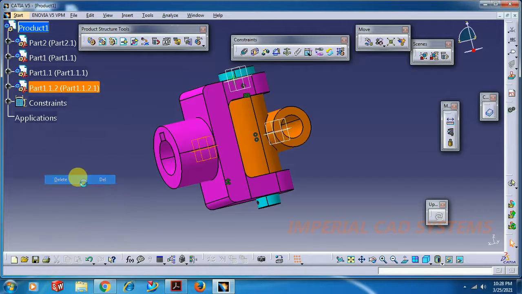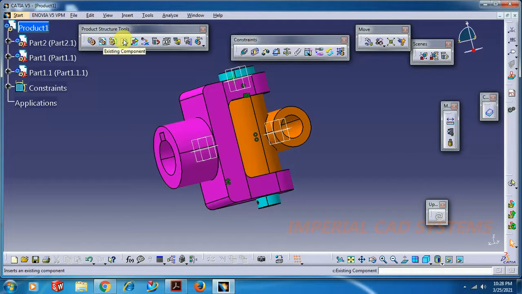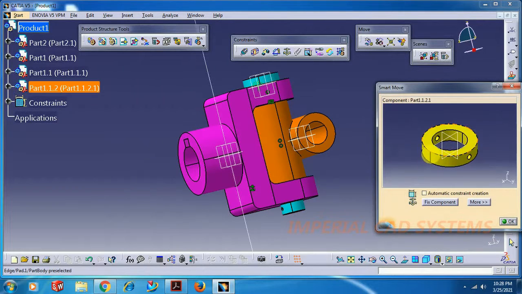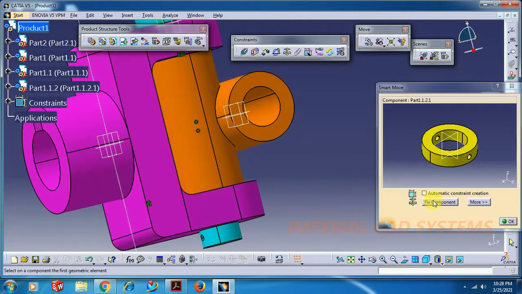I delete this component collar. Now instead of going into existing component, I use existing component with position and select product. Now I call this collar option. The usage of this option helps you to see the part in a separate window before getting into assembled.